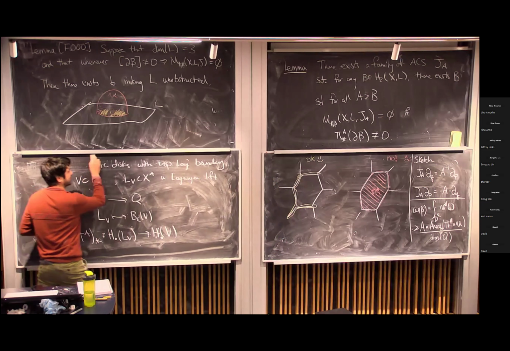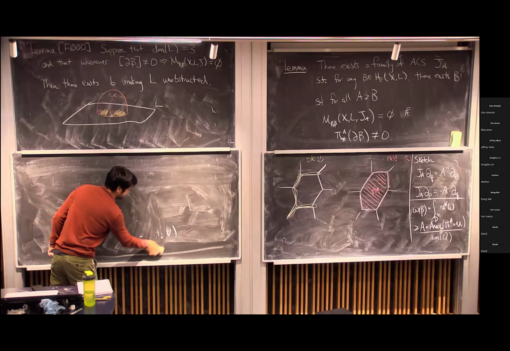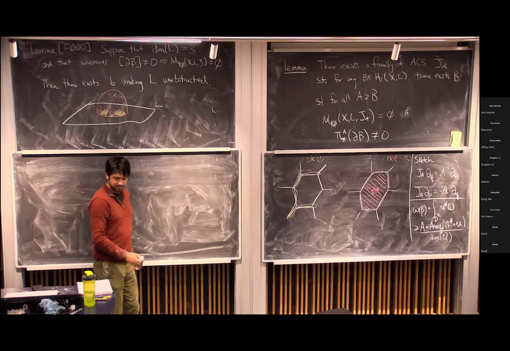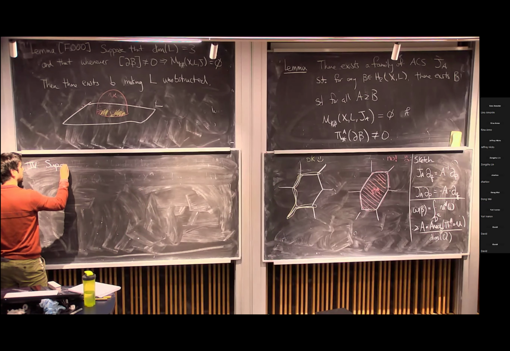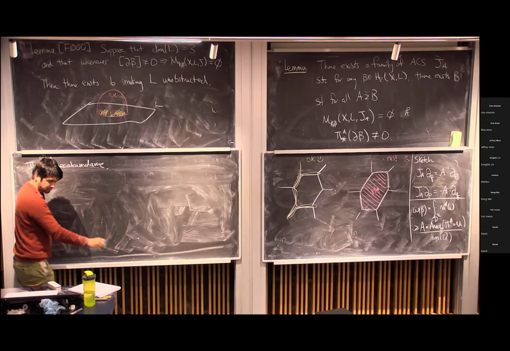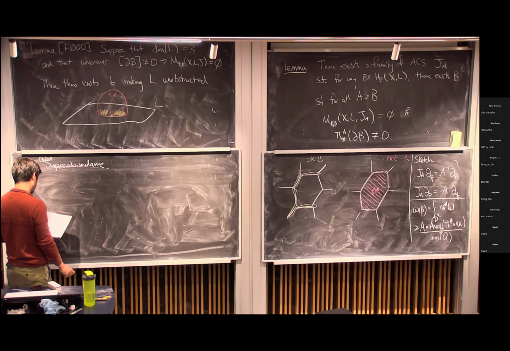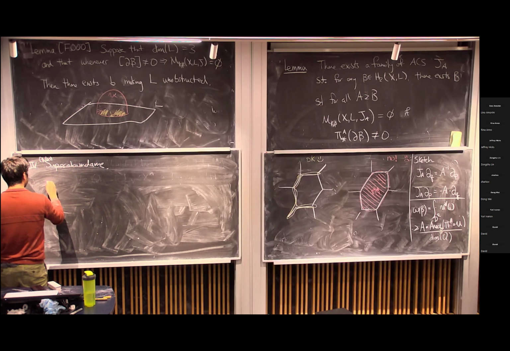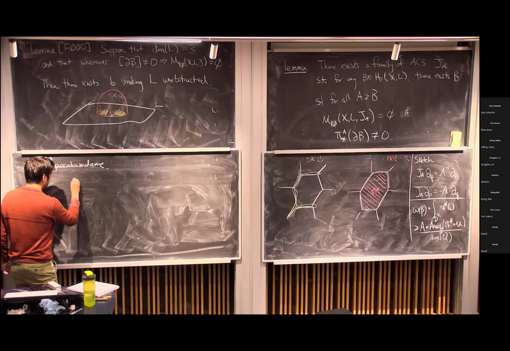Great, 10 minutes. So that brings us to the last part of the talk, which is superabundance. Or maybe non-superabundance. So again, the setup is that I'm going to have some tropical subvariety V inside of Q. Then there are the following maps